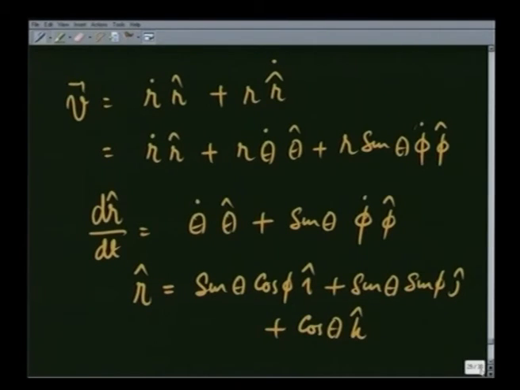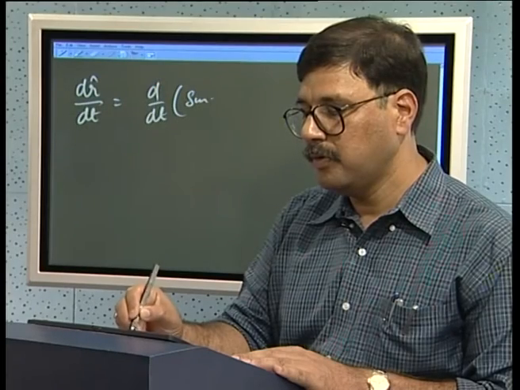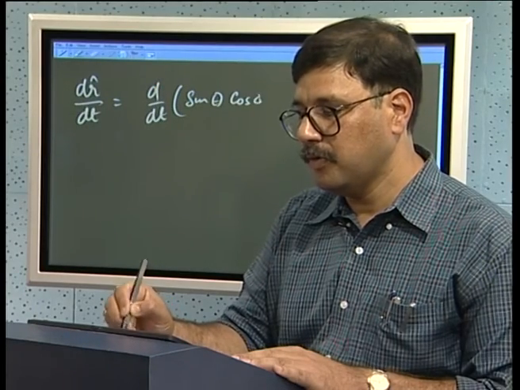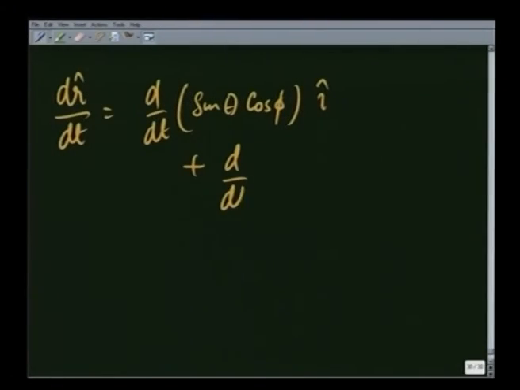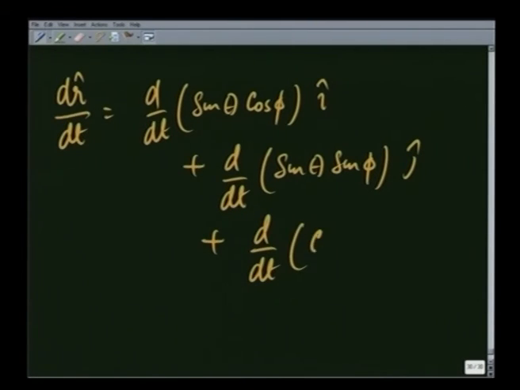If I take the derivative, I have dr over dt, which is equal to d by dt of sin theta cosine phi i plus d over dt of sin theta sin phi j plus d over dt of cosine theta k, which turns out to be equal to